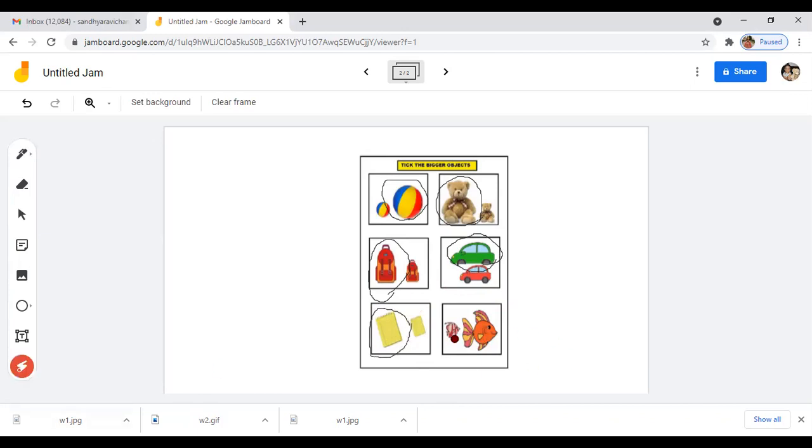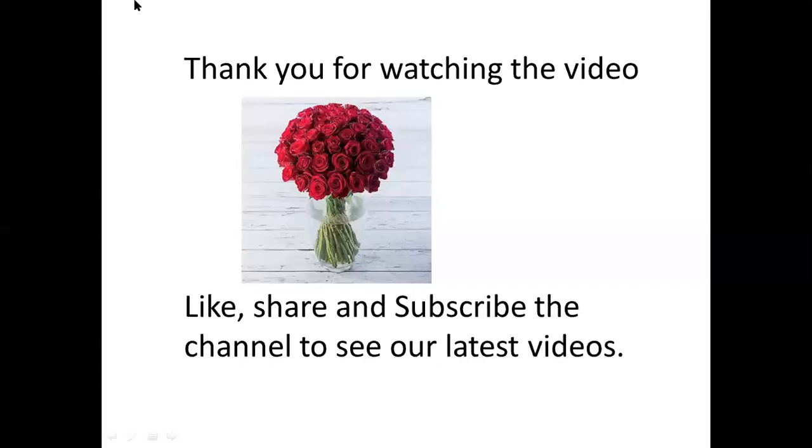In the next example, we are seeing two fish. And of these two fish, which is bigger? Yes, very good. The second fish is bigger. So now we are very clear with big and small, right? So we can keep practicing it at home.